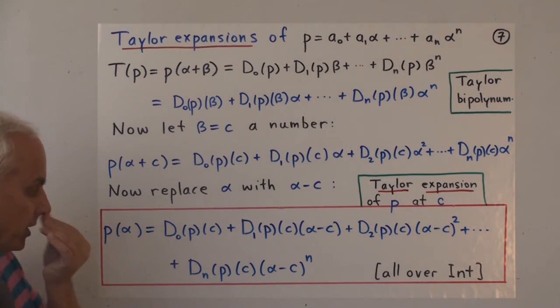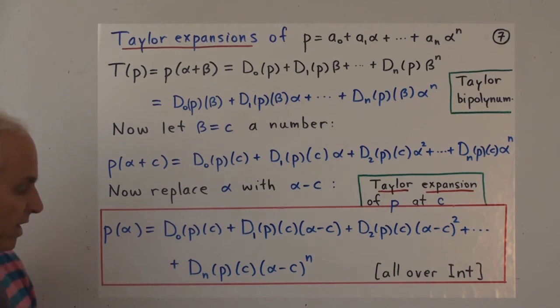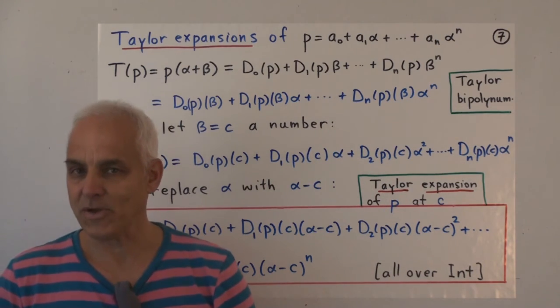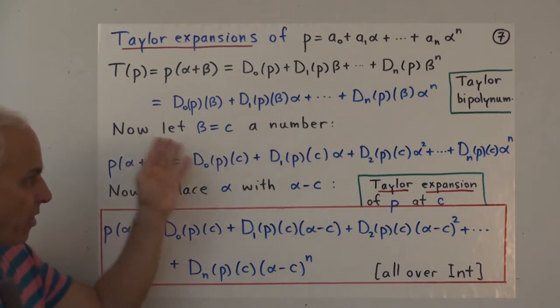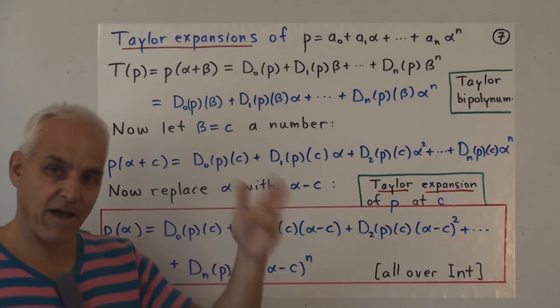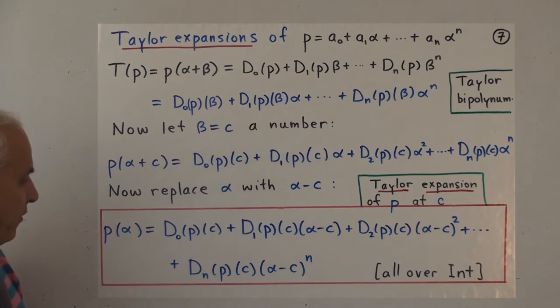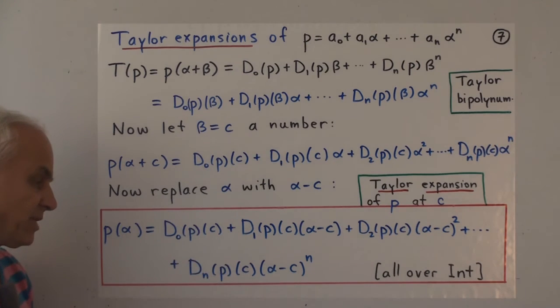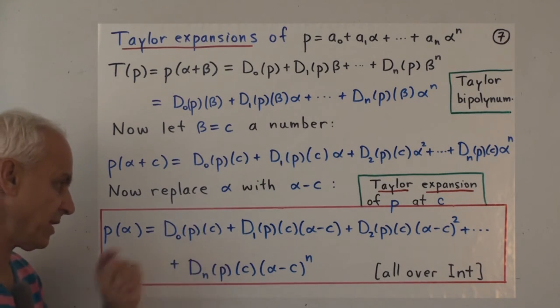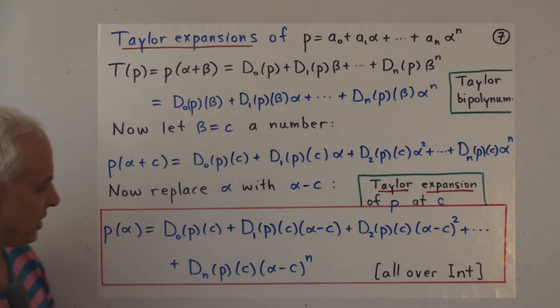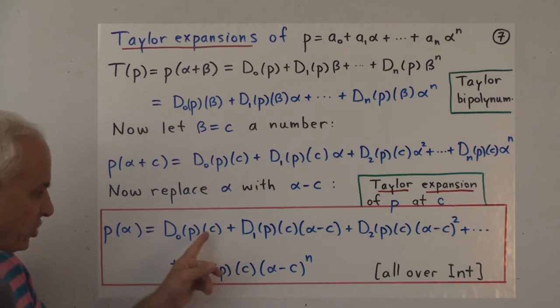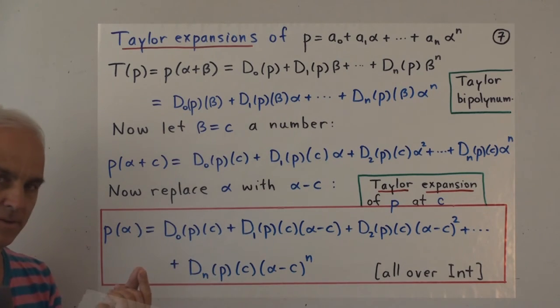Okay, so this is a great formula. It's a very general formula. It includes the various formulas that we've already looked at in special cases. So we've had a look at the special case when P was that polynomial 8 minus 5 alpha plus whatever it was, 4 alpha cubed minus alpha to the fourth, whatever. We looked at that case with the special case when C was equal to 0, and also the special case when C was equal to 1. Here's the general case for a general polynomial and for a general constant C.